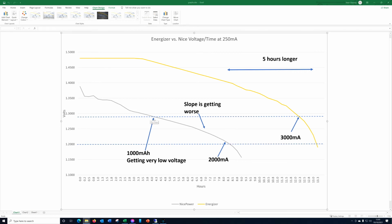So yeah, and truthfully, a lot of equipment, once you're down in that region between these two dotted lines, it's marginal as to whether your equipment will be working or not. So this battery lasted somewhere between, let's say, 4 hours and 8 hours. The Energizer lasted somewhere between 12 hours and 13 hours. So 5 hours longer in total. So yeah, straight away there we see